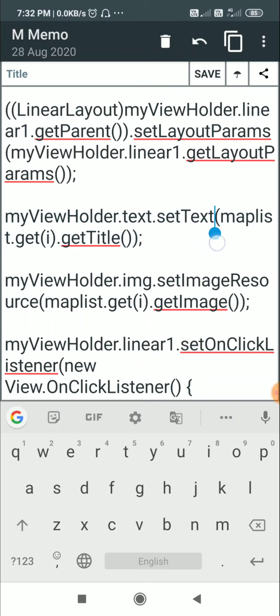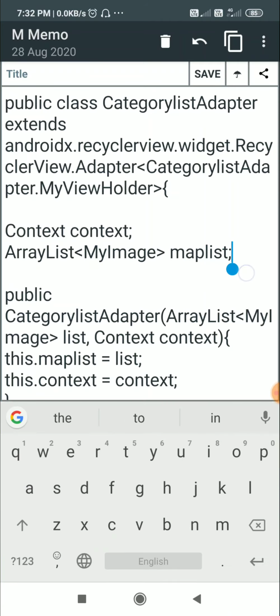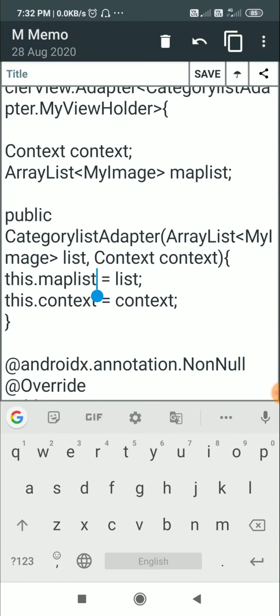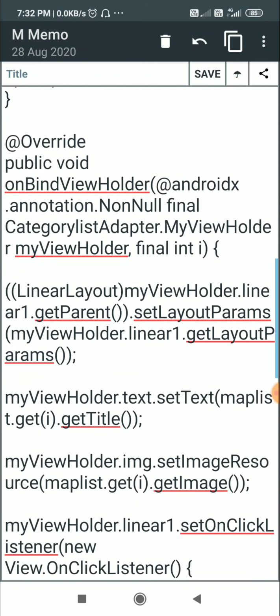After this, from myViewHolder I get the text view, which is text, and for this I set the text to mapList.get(i).getTitle. Here mapList is the ArrayList of my image class, which is set to the list we entered in the constructor of CategoryListAdapter. So this will be the list which we have created.